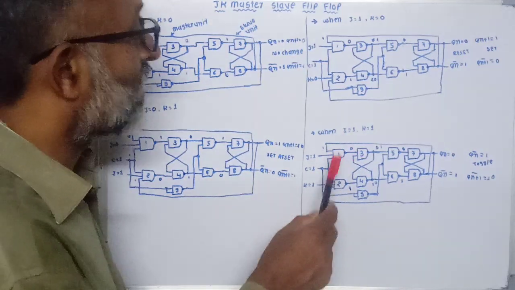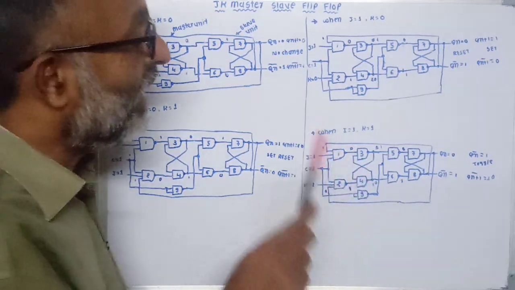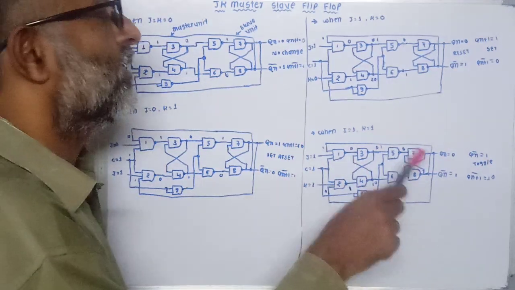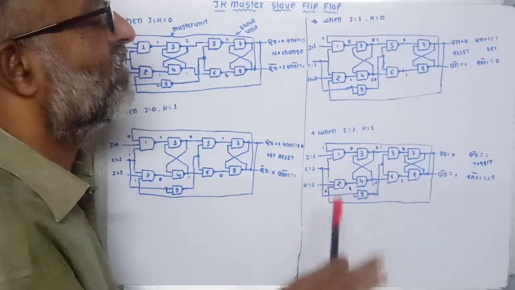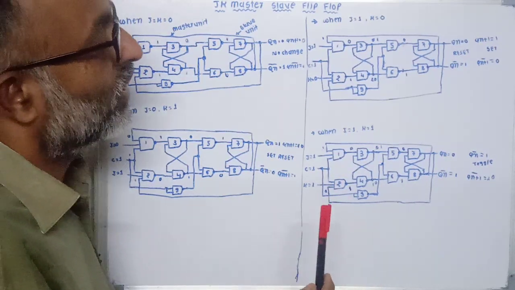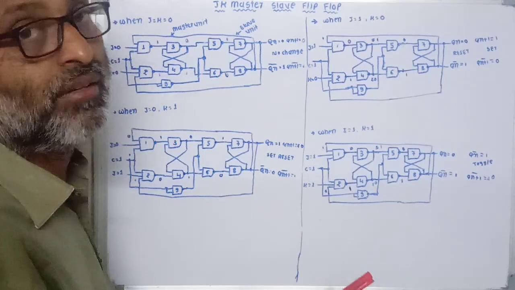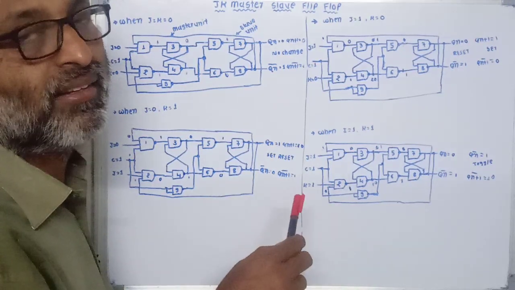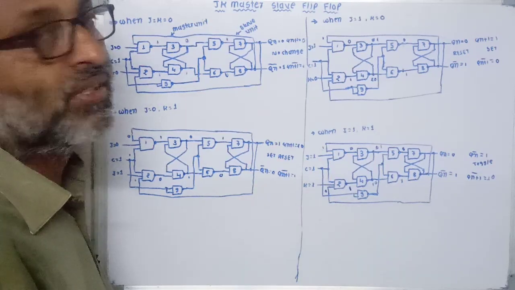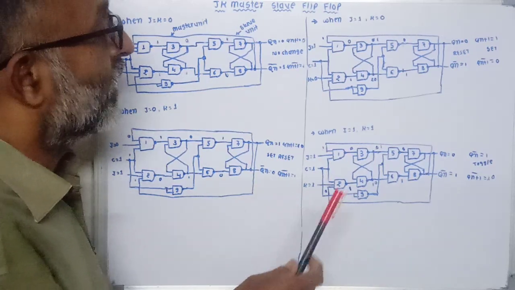So here when the master unit is enabled, at that time its output toggles, and when the slave unit is enabled, at that time your flip-flop is also in toggle condition. That means if it is initially in set, when input is applied it goes into reset. So it is